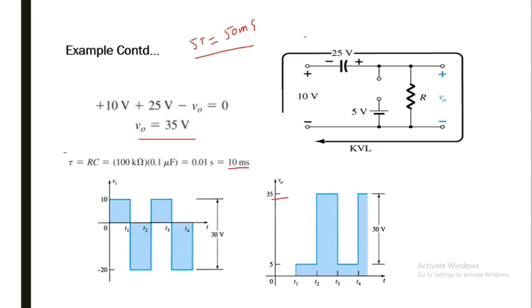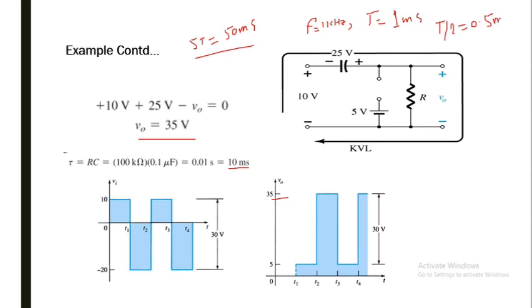If you remember, the frequency of this signal was 1 kilohertz and the time period of this signal is actually 1 millisecond, and half of the time period, which is T2 to T3, is